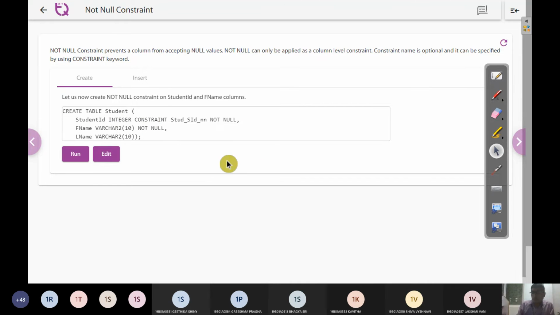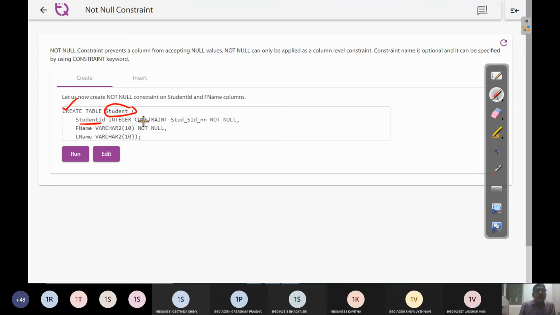and then it was told that the table name is created with the create command with student ID, and you are going to put some constraint. Definitely a value should be available. So how can I tell the computer that it should definitely be available? I'm going to put a constraint called not null. Similarly, first name should not be empty, and last name, if it is available, you can go with it. In this way, you bring up the query directly, and then hit the run button,